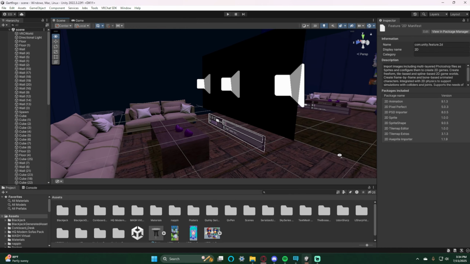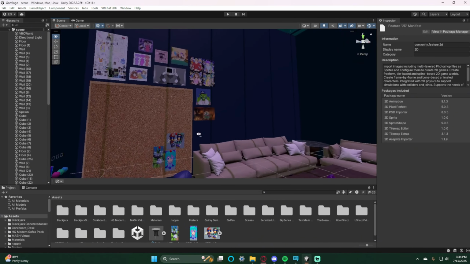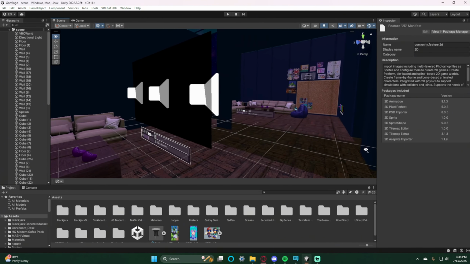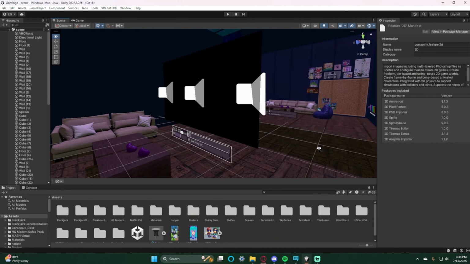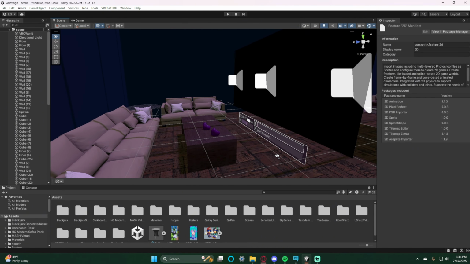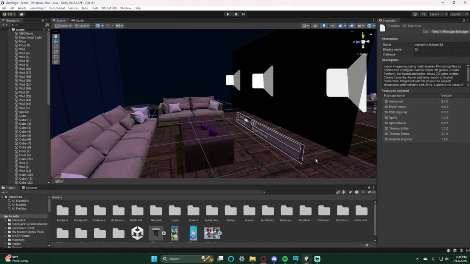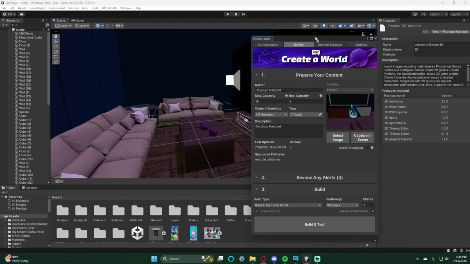So the first thing you're going to want to do is go ahead and actually make a world. This is a private world for me and my friends, but I just made some changes and one of my friends is on Quest, so I do have to upload it to PC and also port it over to Quest for him. So the first thing you need to do is pull up the VRChat SDK